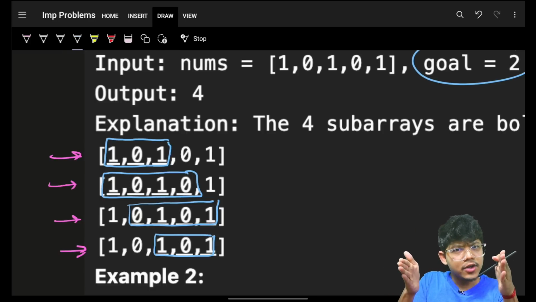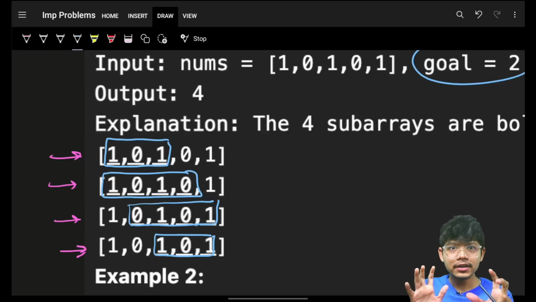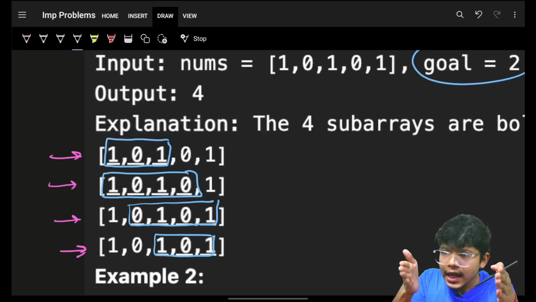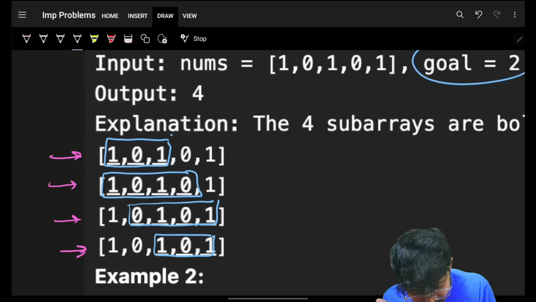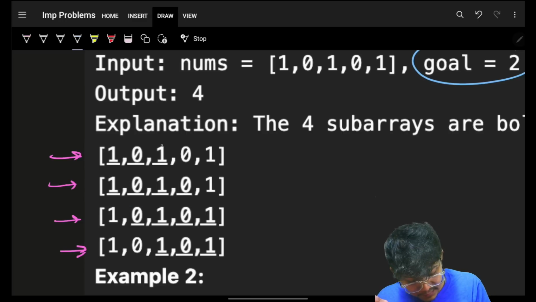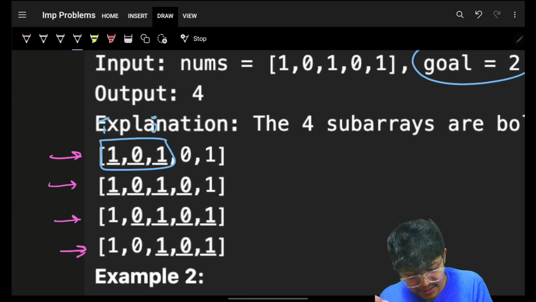So now we can easily see, okay, Aryan, I can see something. I can use 2 pointers and I can say, okay, this is the window for me. This is the beginning window for me. Again, let's erase it. This is the beginning window for me. I is here, J is here. I know